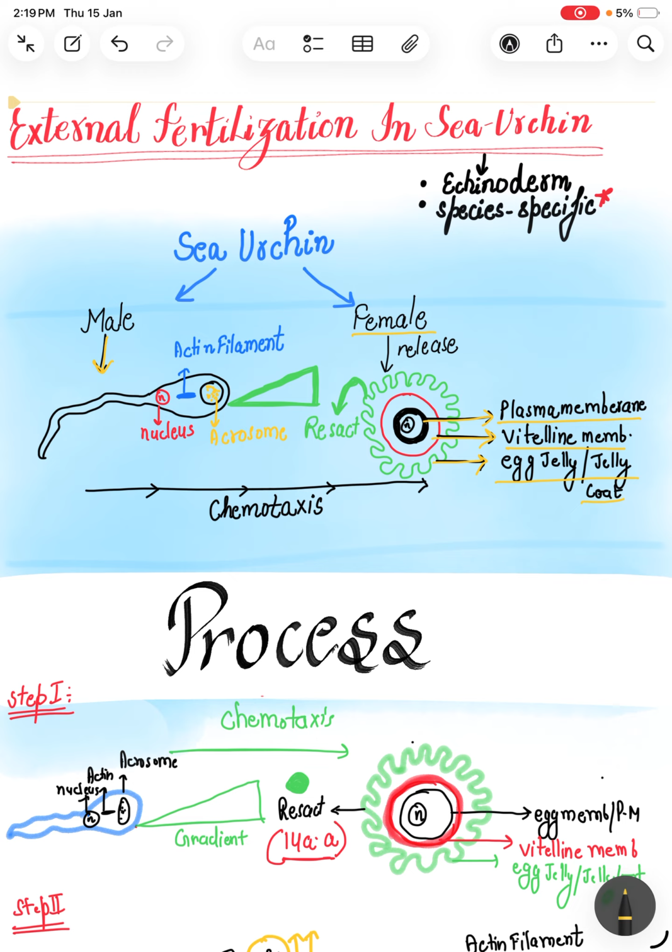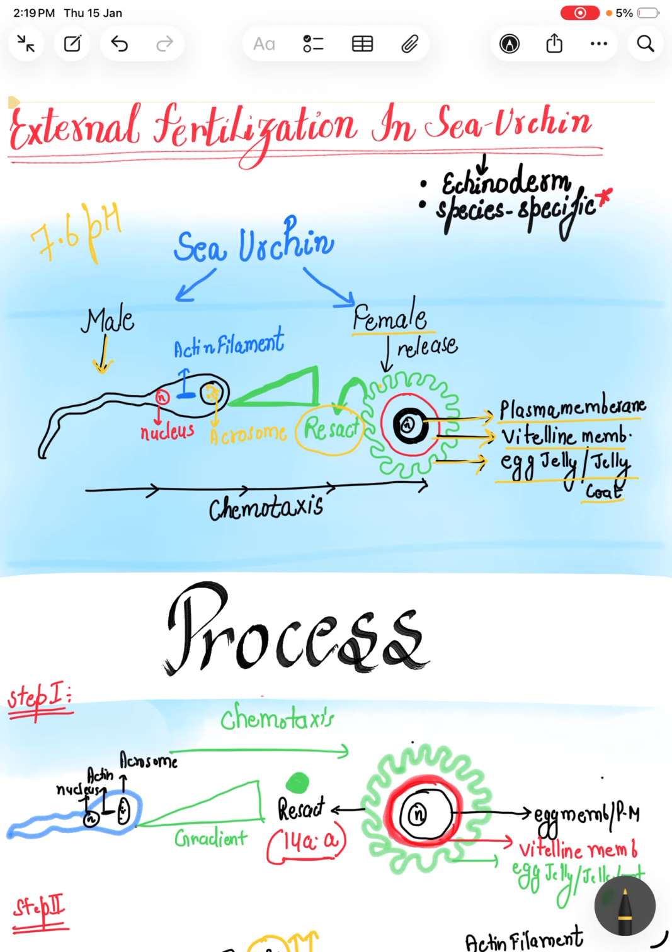and the male releases sperm. So, in water, the pH is high, which is 7.6. So, they can move anywhere in water. They are not restricted to moving in only one direction. So, what happens to restrict that movement towards only one egg? Because they are species specific, the egg releases a